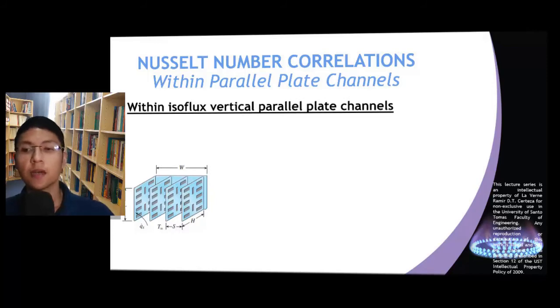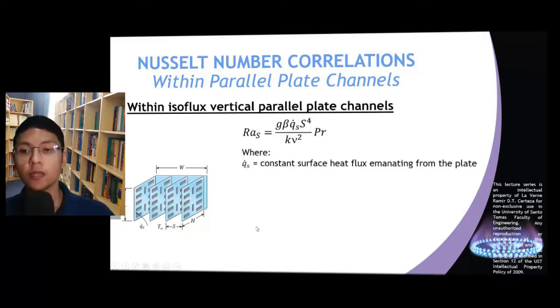Now let us discuss how we can compute for the Nusselt number for convection heat transfer occurring within channels of vertical parallel plates that emit a constant heat flux. Examples of these surfaces are printed circuit boards that are commonly found in electronic equipment. This is the formula for the Rayleigh number under this case. q̇_s corresponds to the constant surface heat flux emitted by each plate,